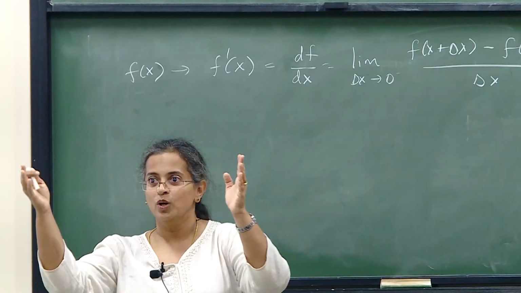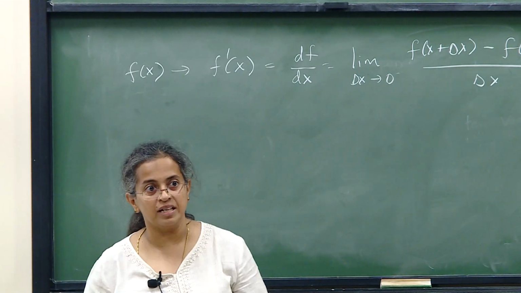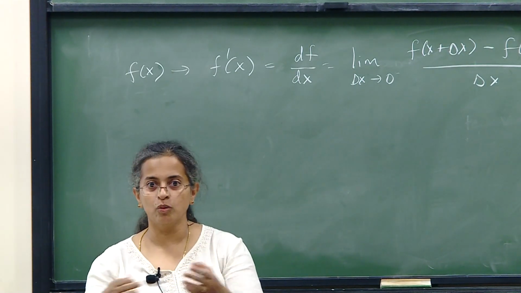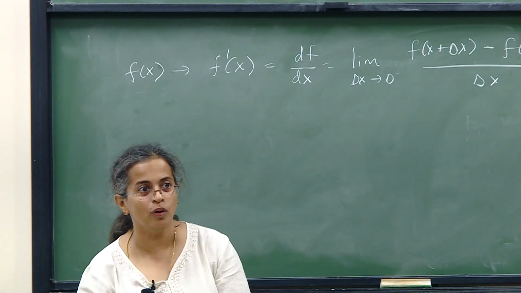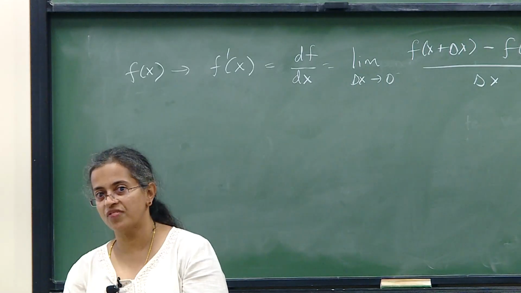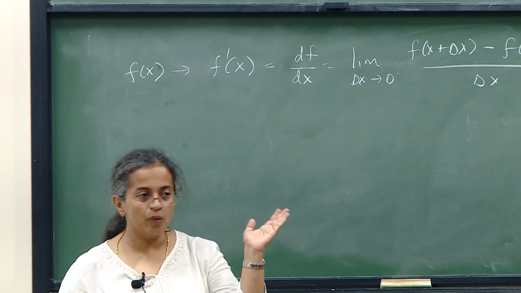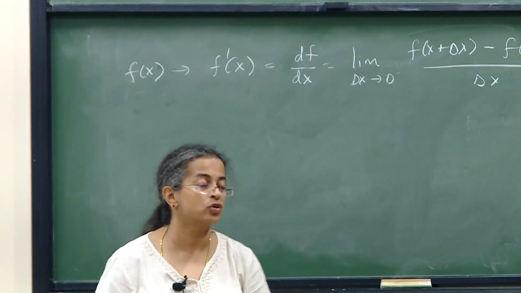f of x plus delta x becomes indistinguishable from f of x. So that is simply a minus b when a and b are similar. So then the difference cannot be stored. So you see immediately that no matter which side, whichever kind of ball you want to bowl, you are going to come into some difficulty because your computer is finite. Alright. So now if I have to make this into a computer algorithm, how am I going to do it?